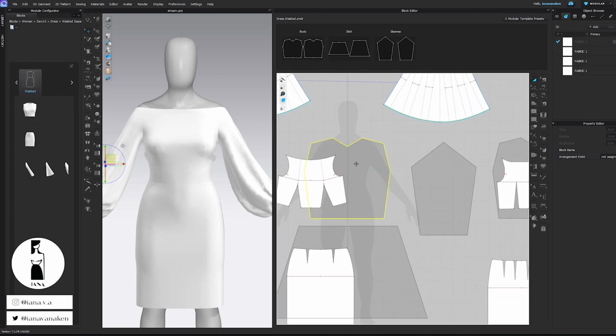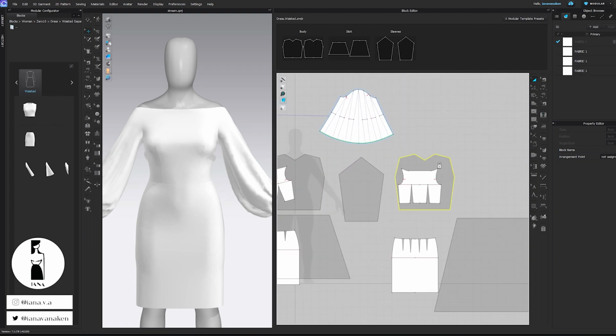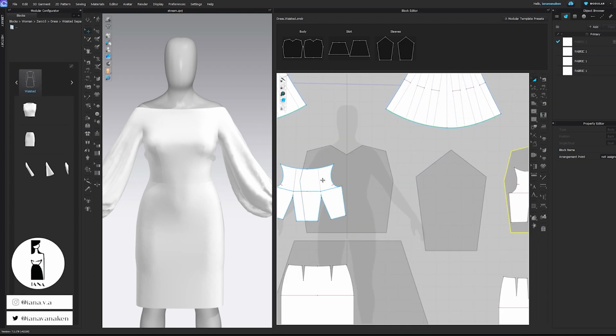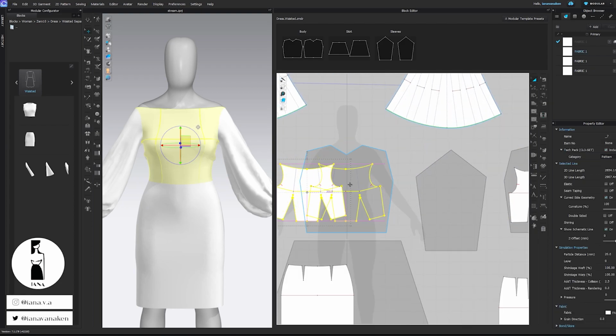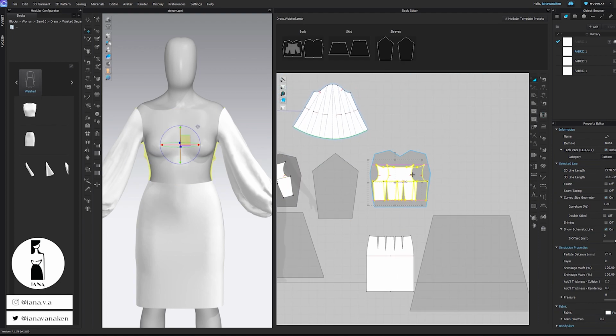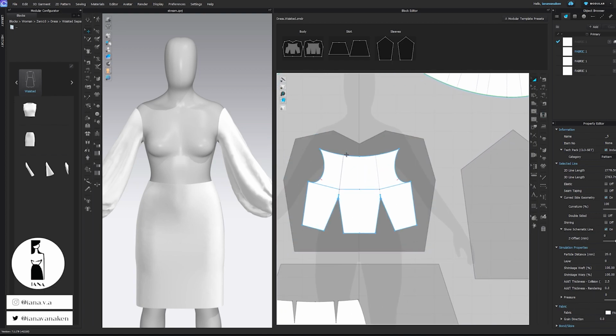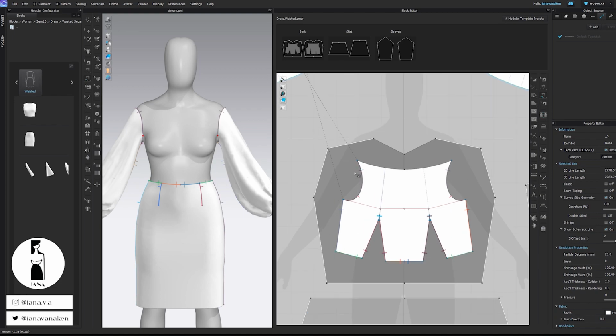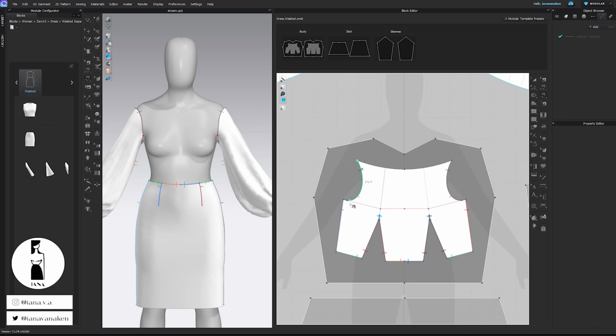This is front bodice. This is back bodice template, which we need to put our patterns in. I bring our front bodice to the front bodice template and back bodice to our back bodice template. And right now I need to show the system what should be sewn to which part. I go to the sewing lines, and right now I sew the sleeve to the sleeve side,